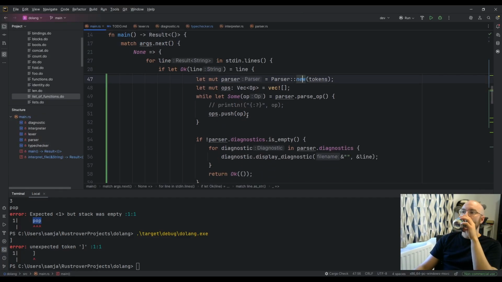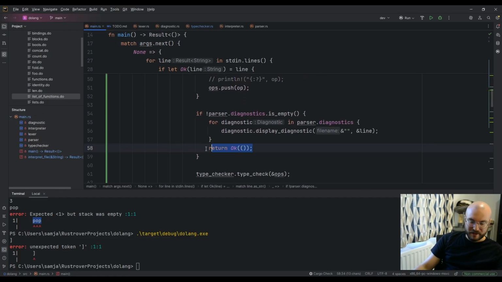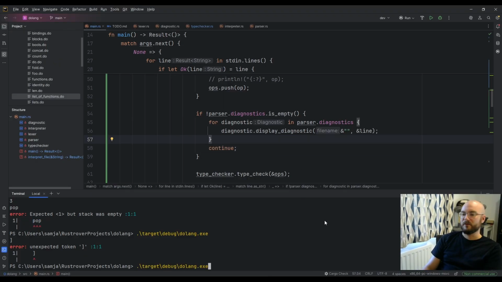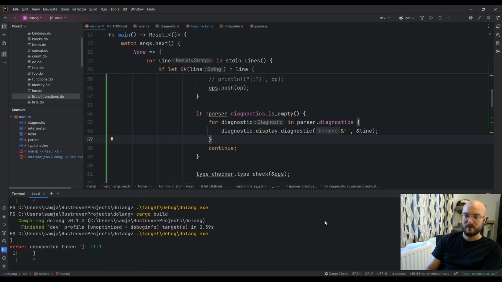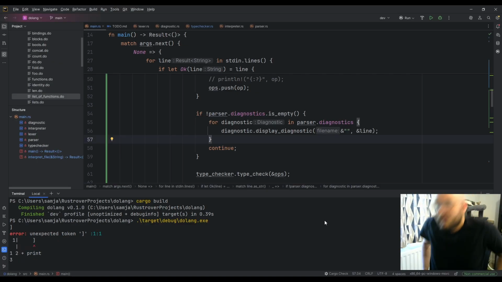So if we have any error, we just continue. If we try that, well, you have to rebuild first. If we try that now, we have an error, but we don't get booted out of the REPL. It would be really annoying if you're a couple lines deep in trying something out, you have some state that you want to keep, and then you mistype something and it won't compile, and it just kicks you out of the REPL. So this is really useful. And then I can say 1, 2 plus print, and I get a result. So we can quit.